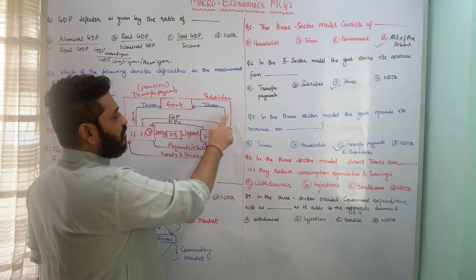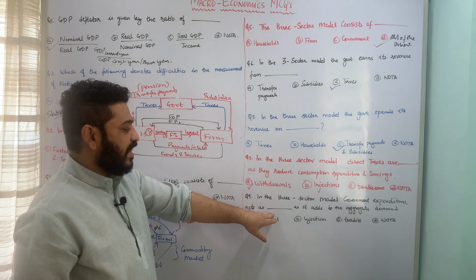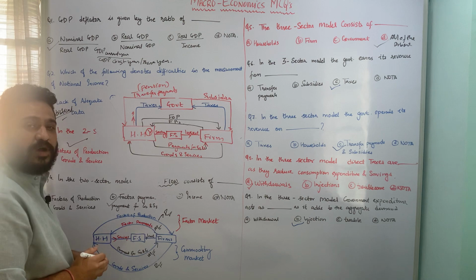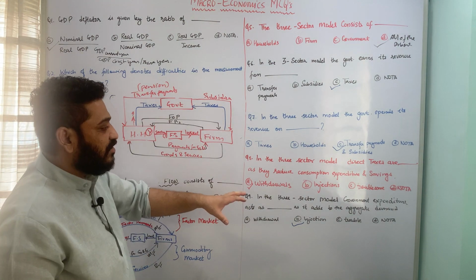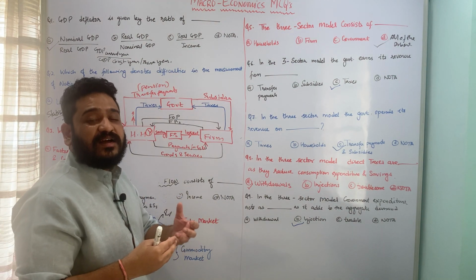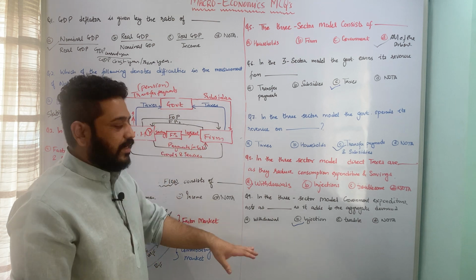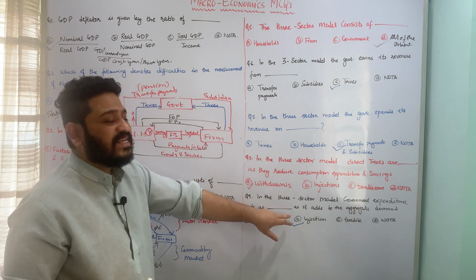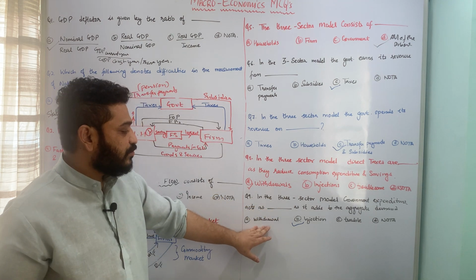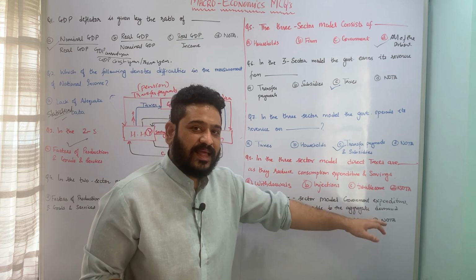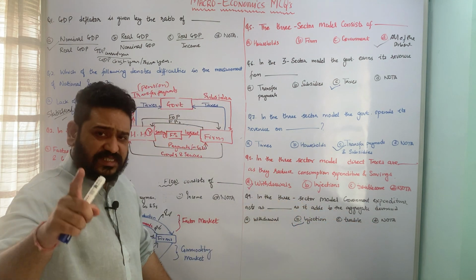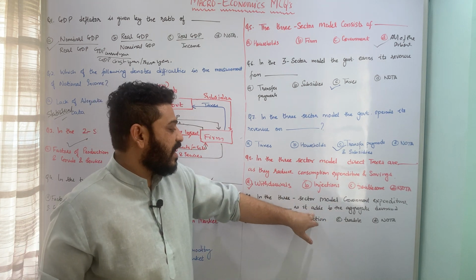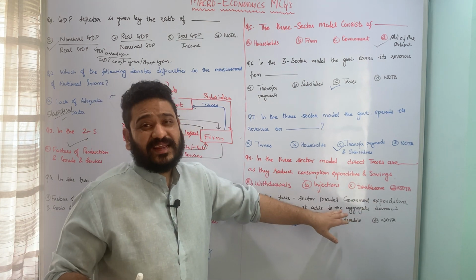Now expenditure is in terms of subsidies and transfer payments, and they act as injections, because obviously the firms as well as households will have certain money in their hand, and therefore it will help in creating demand, or it will push the aggregate demand per se. It will push my consumption as well. So therefore it acts as an injection. So option A is withdrawal, option B is injection, C is trouble, and D is none of the above. So here in the three sector model, government expenditure acts as injections as it adds to aggregate demand per se.